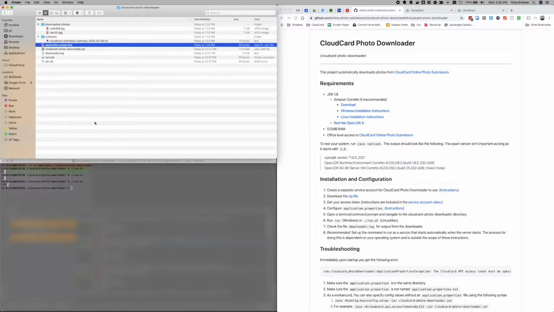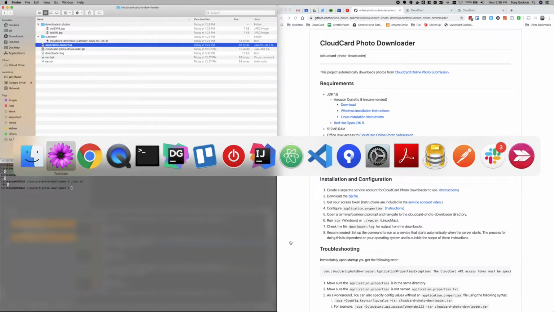But let's say that you want to customize this a little bit more. Well, that's what we're here to help you with. Okay, so let's talk through, ideally, front to back, what we need to do and what some of the things to watch out for while we're installing and configuring the downloader. So first off, one of the things that you have to make sure of is